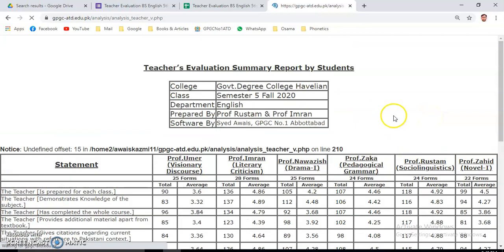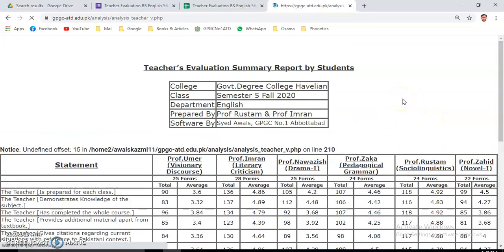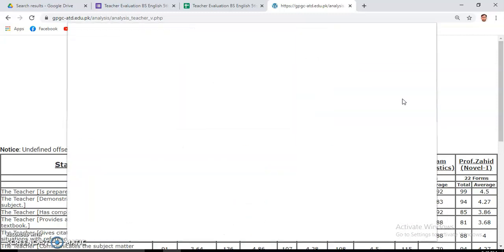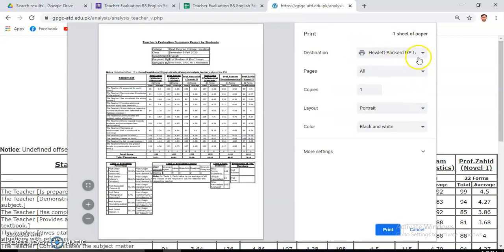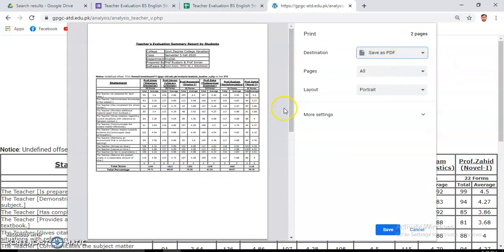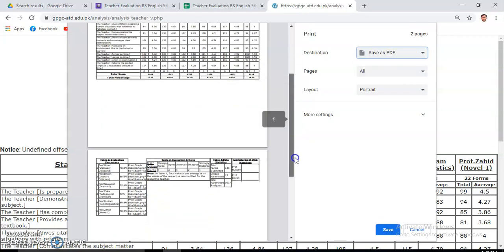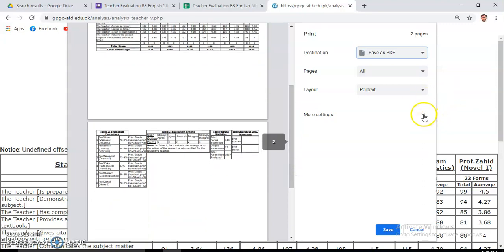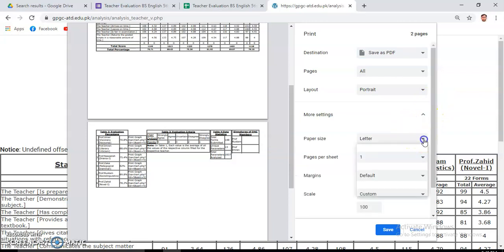Now when you need to have a printout, press Ctrl and P keys on your laptop. Here a printer is attached, so I can print it, otherwise I can convert it by saving as PDF. As you can see, it is available on 2 pages now, because you can select here, it's letter size, you can select legal page.